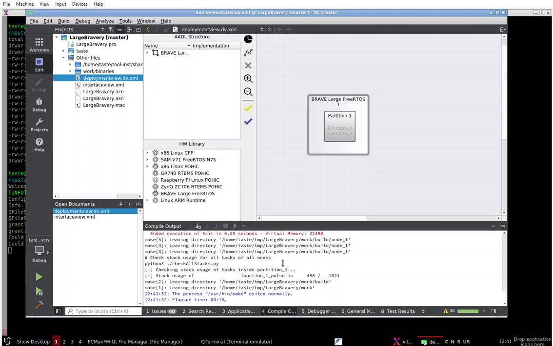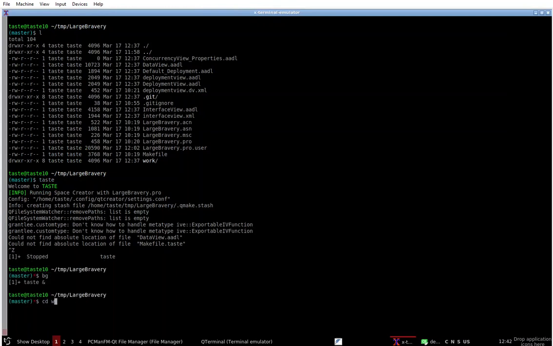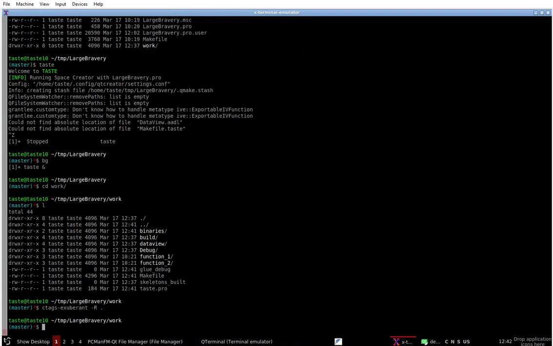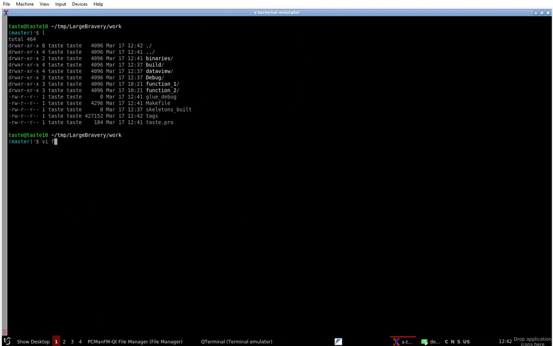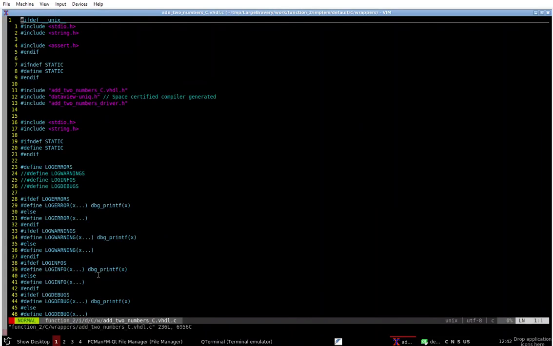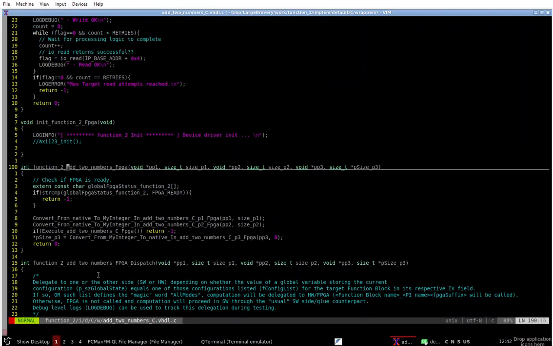So let's have a look at what exactly happened during the build we just did. I will go into the work folder again, and I will do another update of my tags so I can navigate with my editor, and I will go under function2 in the C wrappers, and I will check what Taste generated for the add to numbers interface in terms of the VHDL parts. First of all, we see that there is now a function2 add to numbers FPGA function automatically generated, and within its body